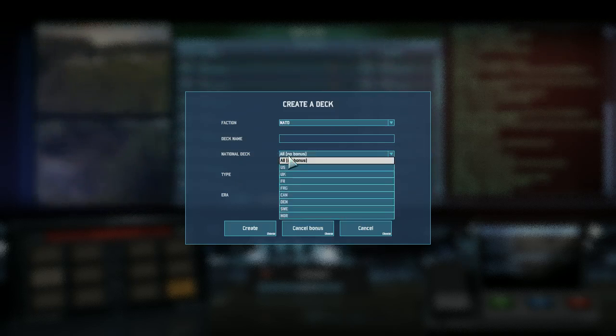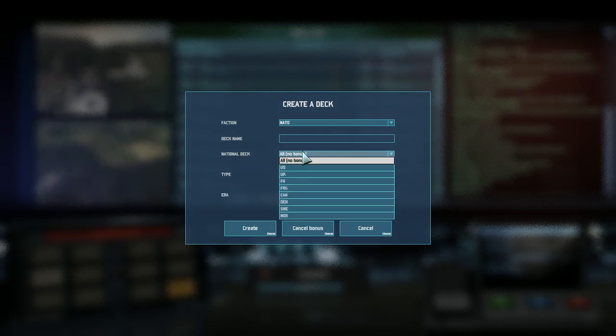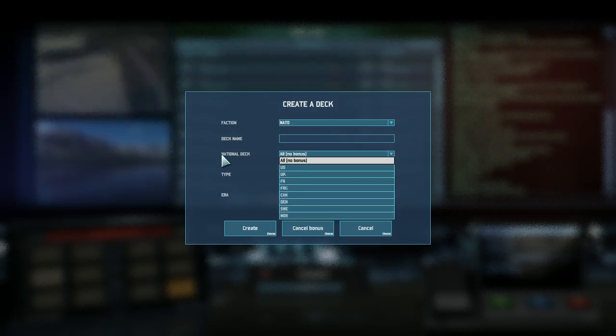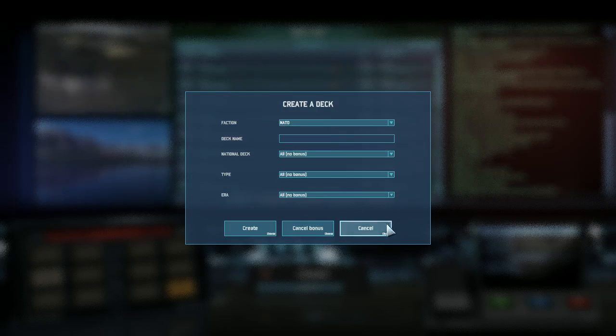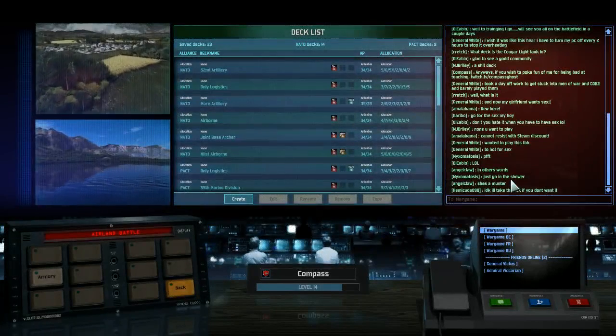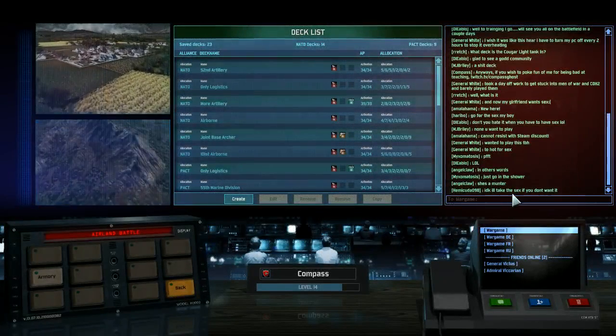So let's be Korean. Now let's be Swedish. I would not recommend Sweden. Okay, let's be FRG. What's that? Federal Republic of Germany. Oh, right, East and West Germany. Yeah, because they're called West. We'll be